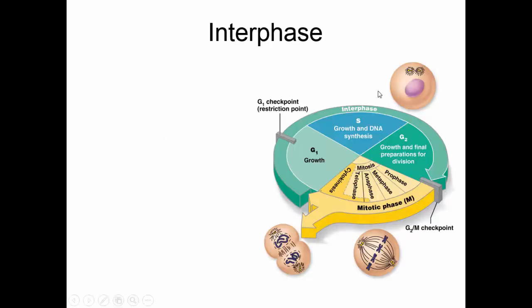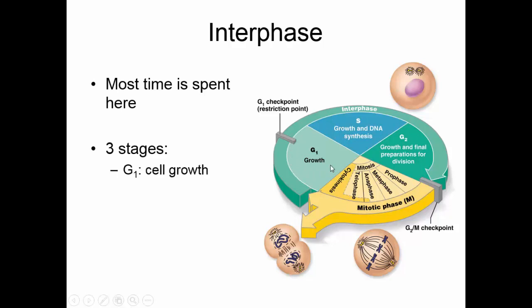So here we see the cell cycle. And notice that most of the time is spent in interphase. There are three stages to interphase. The G1 phase is the cell growth phase. This is truly the cell being a cell. There is this checkpoint that occurs, and if we pass this checkpoint, the cell is going to move on into